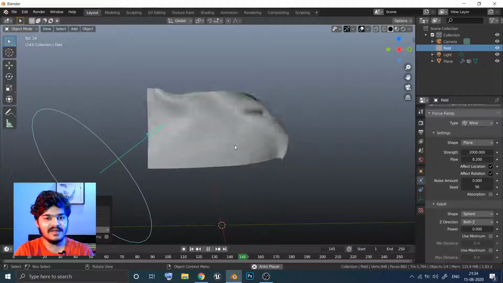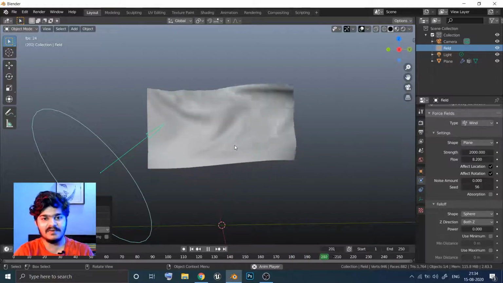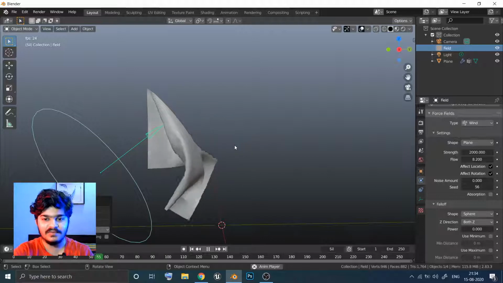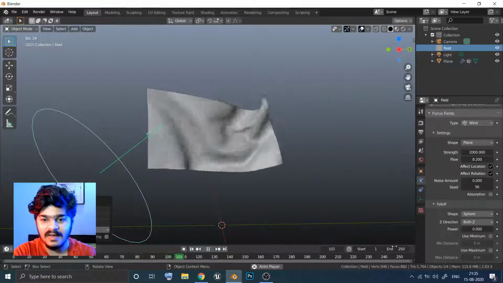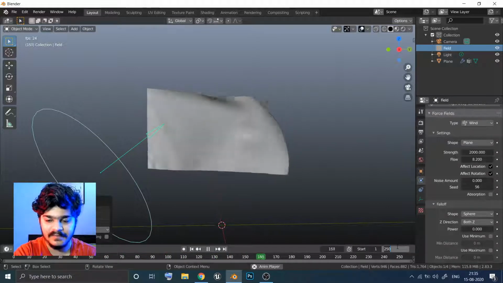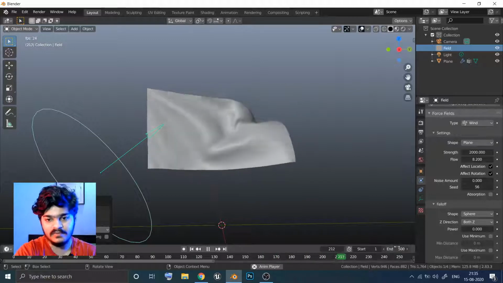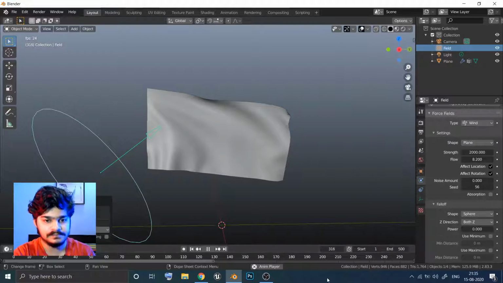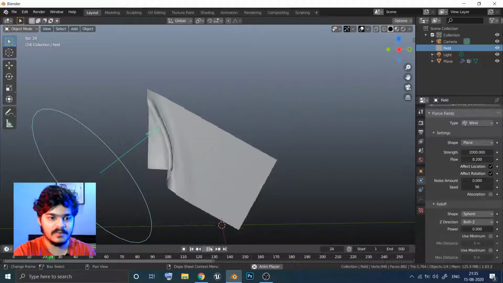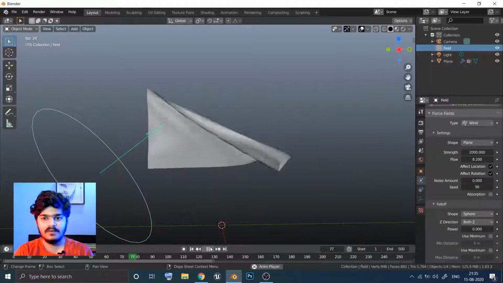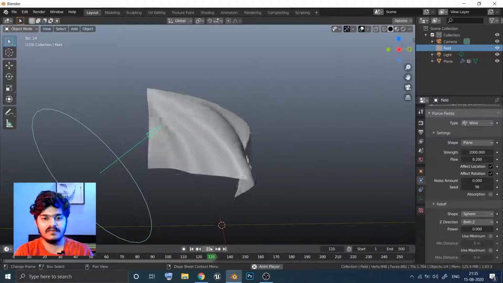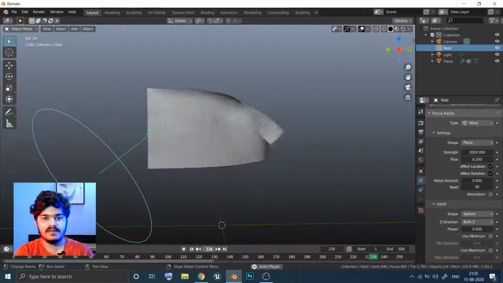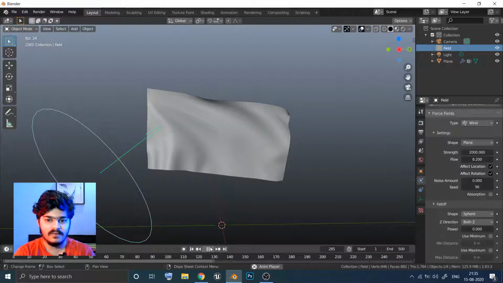Of course in the beginning it looks different, but otherwise once it starts simulating after 150 or so, it becomes really great. Let's just increase the frames to 500 so that it goes for a longer period of time. Start from the beginning, and hopefully it will just continue even after that. And now you can see that it is working great.